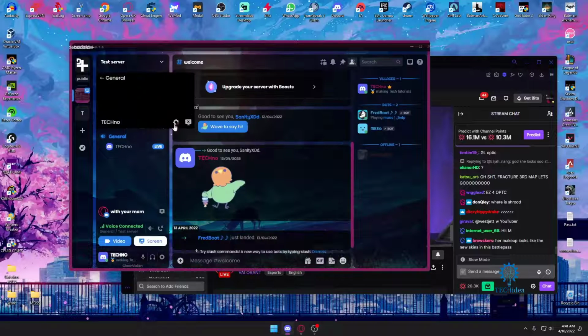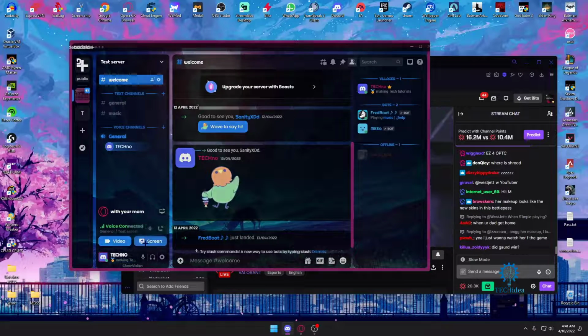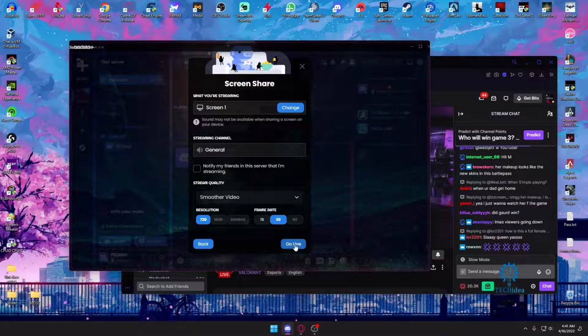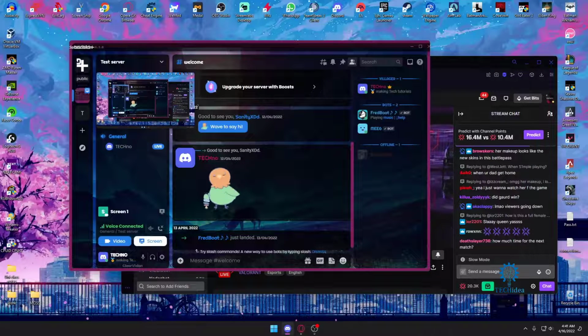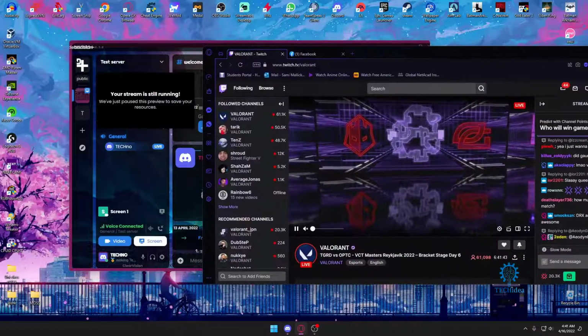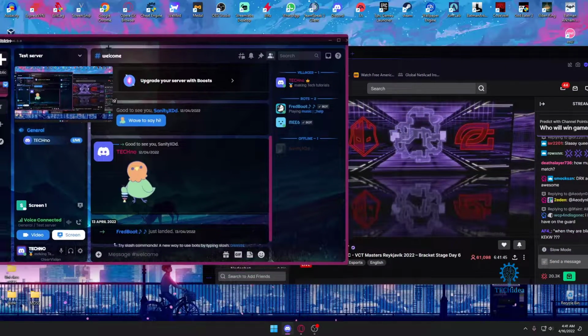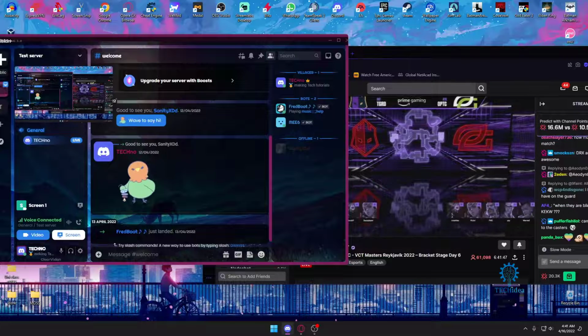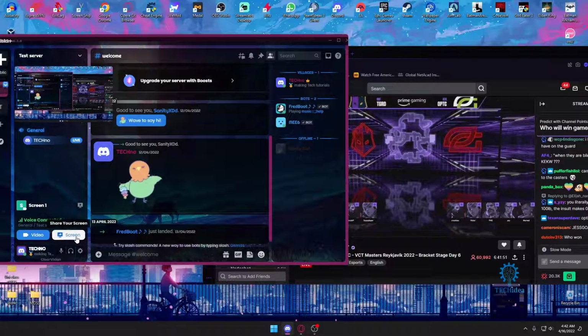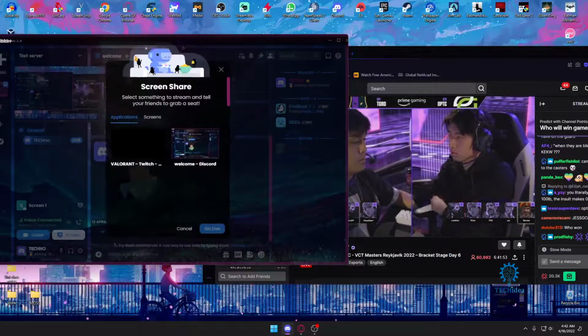The other thing you can do is share your screen right here. As you can see, VCT is running, it's going on over there, and the sound is not going to come through. There is a bug with